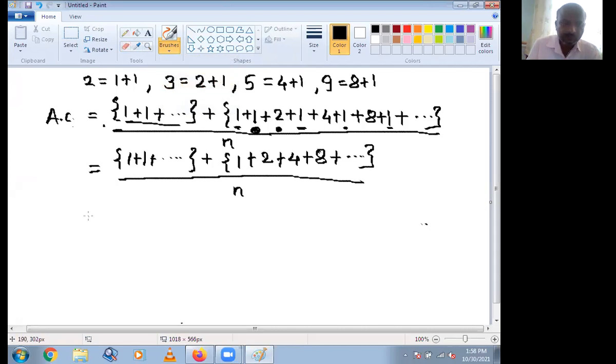This 1 plus 1 plus 1, this is n times. So the value of this is n plus, in bracket, you can write 2 raised to 0.